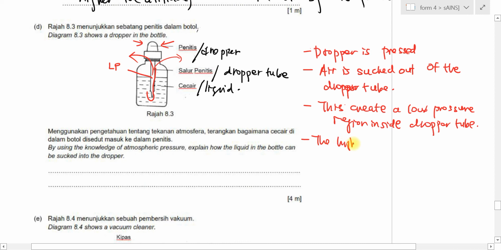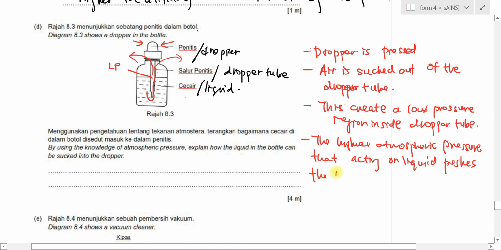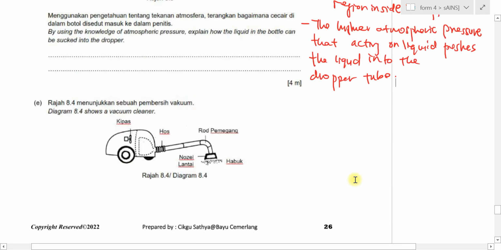The higher atmospheric pressure acting on the liquid pushes the liquid into the dropper tube. More or less, you understand. You can create your own sentence and then explain this. Okay, right. Next,